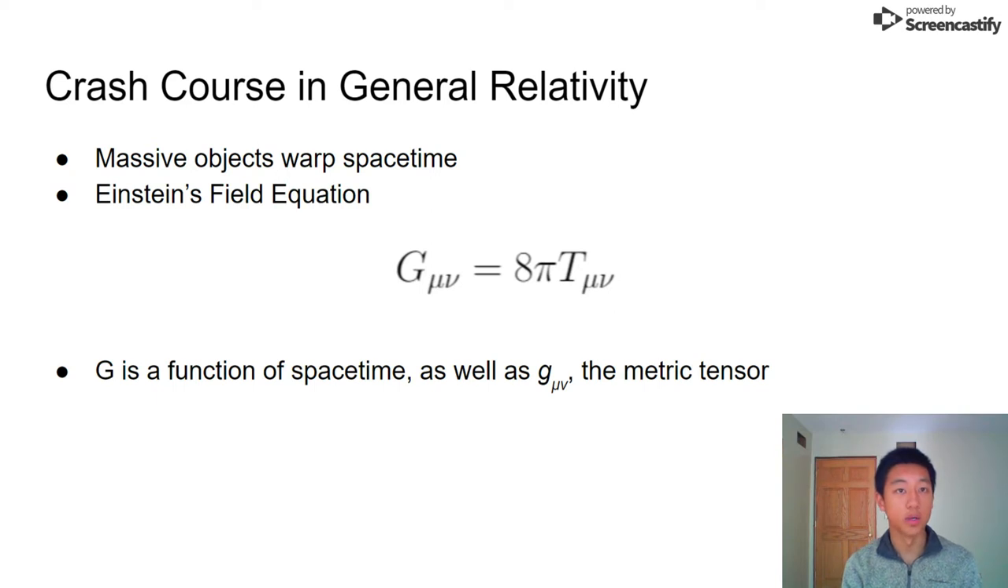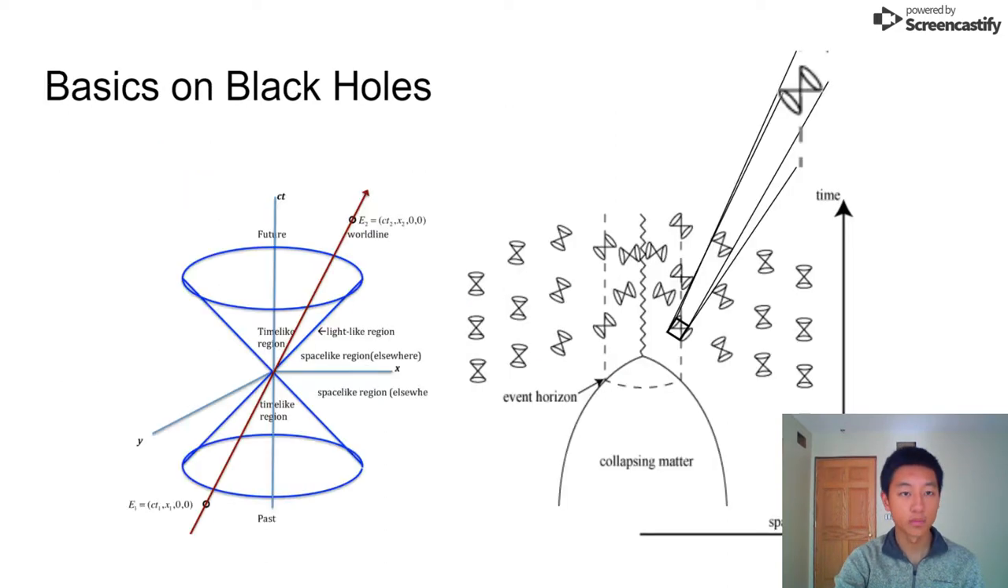Now, one important thing to note is that this capital G here, which is known as Einstein's tensor, is dependent on spacetime itself, as well as something called a metric tensor, which is denoted by lowercase g. And it's this quantity that we will research further in the upcoming slides. But before we get to that math, we need to understand a little bit about black holes, starting with something